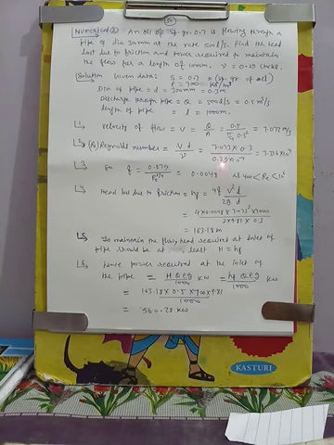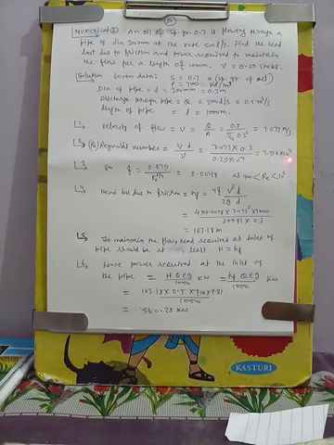Now we have to calculate the frictional loss. So we need the Reynolds number, because the coefficient of friction is not given here. Once we have the Reynolds number, we can get the value of the coefficient of friction. The Reynolds number is Vd by kinematic viscosity. It is coming 7.316 into 10 to the power 4.